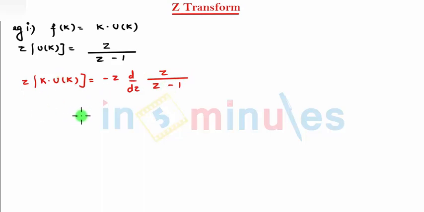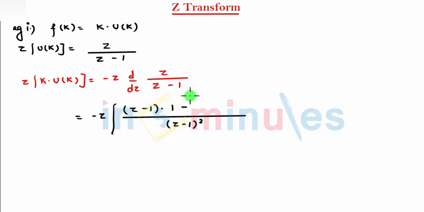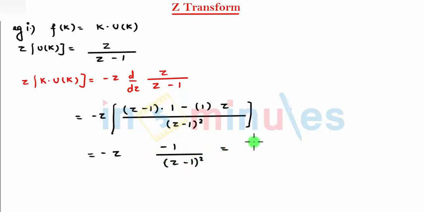So students, what you need to do, don't take the z inside, you need to differentiate this first. So that comes z minus 1 the whole square. Here u by v: z minus 1, differentiation of z is 1, minus again differentiation of z minus 1 is 1, and z as it is. So we can write minus z, this comes to be z minus z, 0, remaining is minus 1, divided by z minus 1 the whole square, which we can write as z divided by z minus 1 the whole square. So that's the example of the multiplication property.